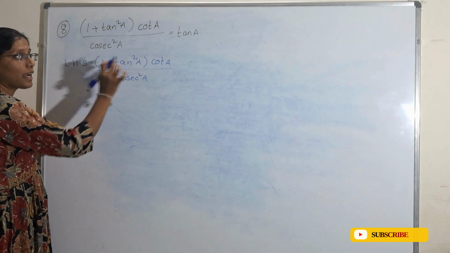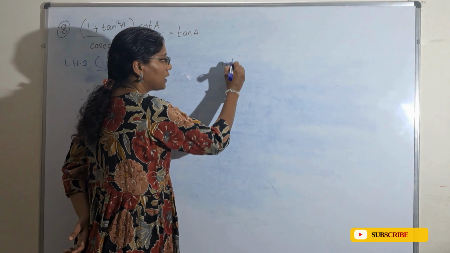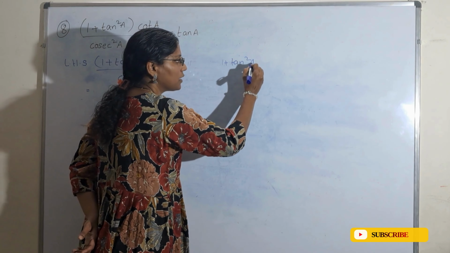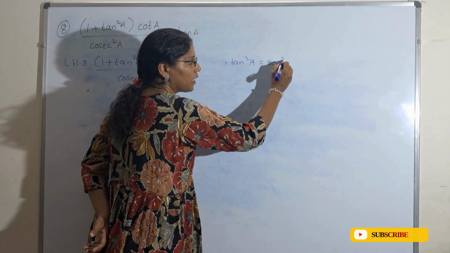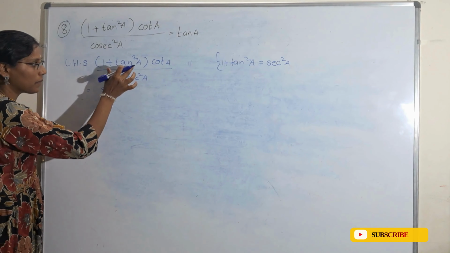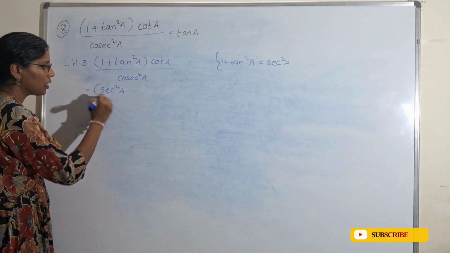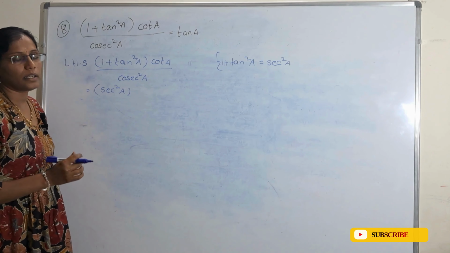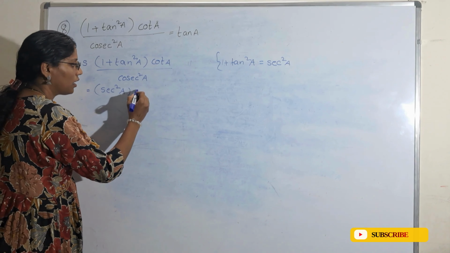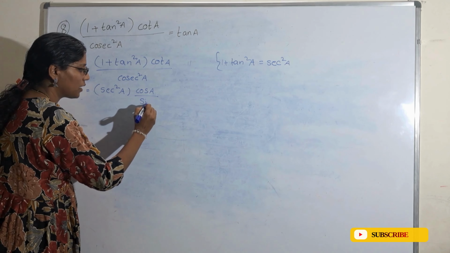Here 1 plus tan square A, we have the identity 1 plus tan square A is equal to secant square A. That I will write now. Here in the bracket, the value is secant square A into cot A. How to write it in terms of sine and cos? Here cos A by sin A